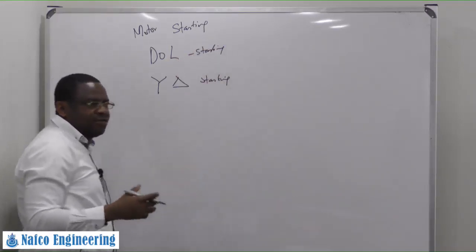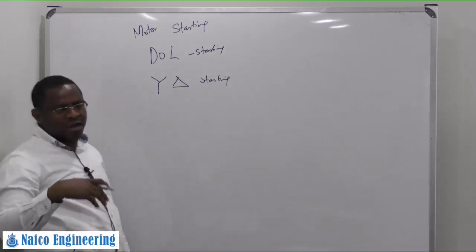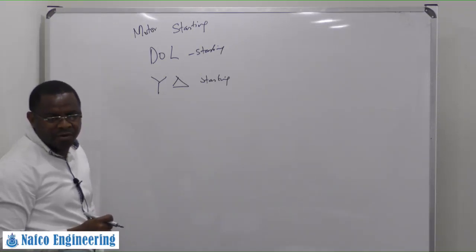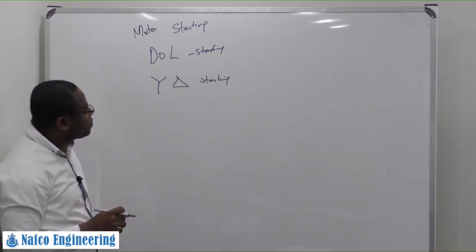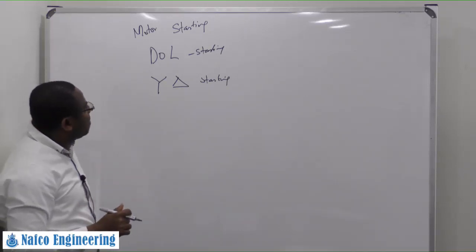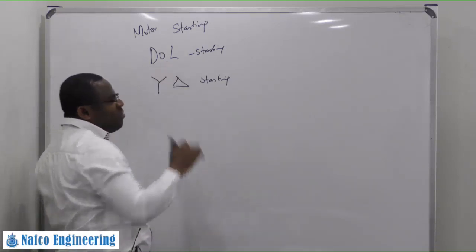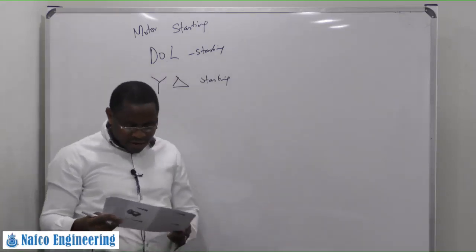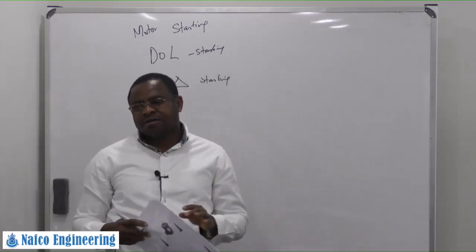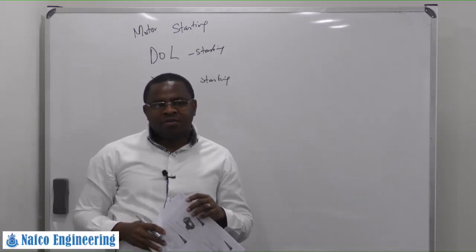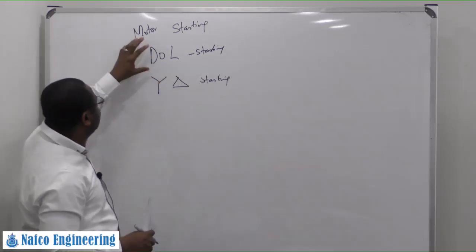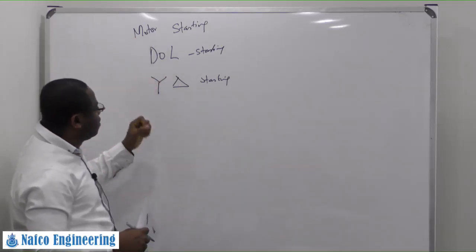I also have a soft starter. You can use a soft starter. You can use a VSD. You can use a liquid type, a variable resistor. So there are a whole lot of different methods of starting. Now, if you start an induction motor direct online, it draws a very high inrush current. Most of our motors are connected in delta. So instead of starting direct, what we do first is we connect